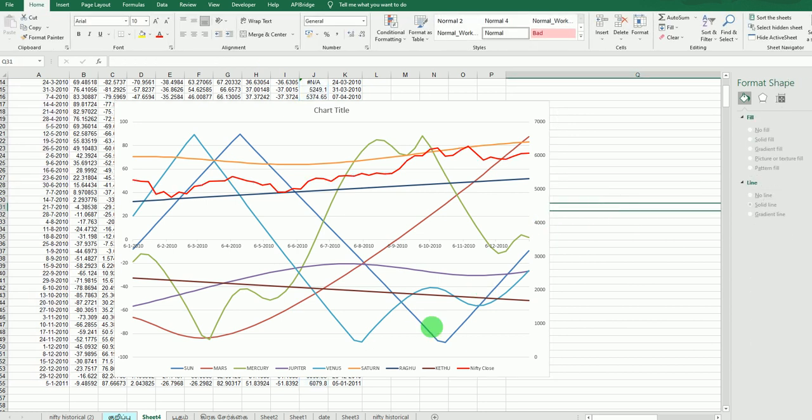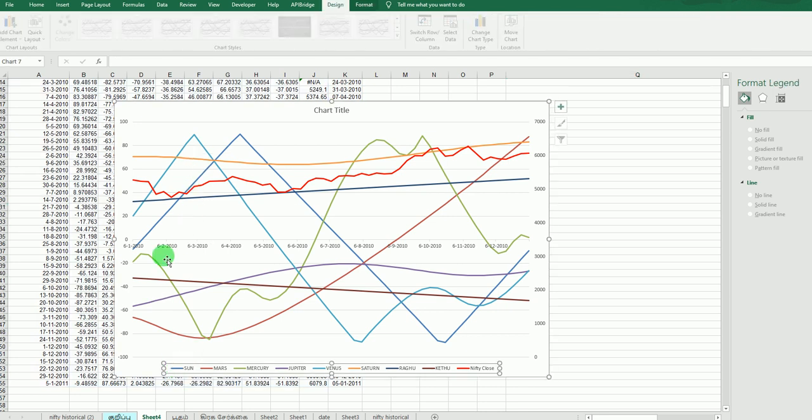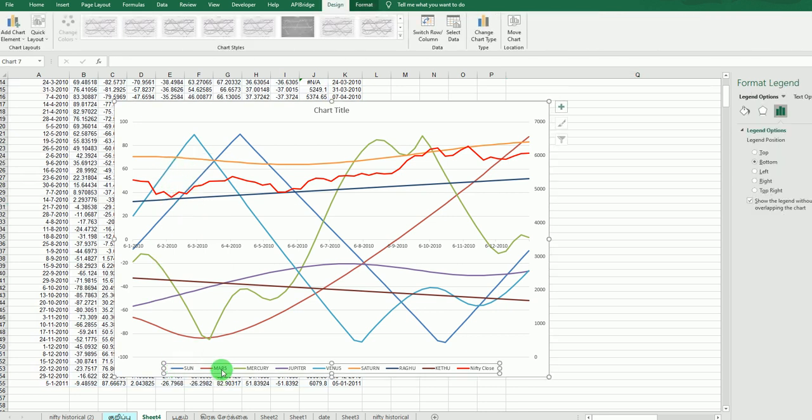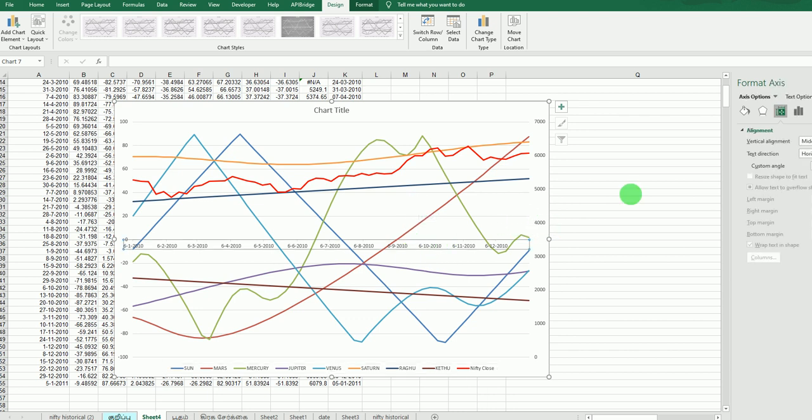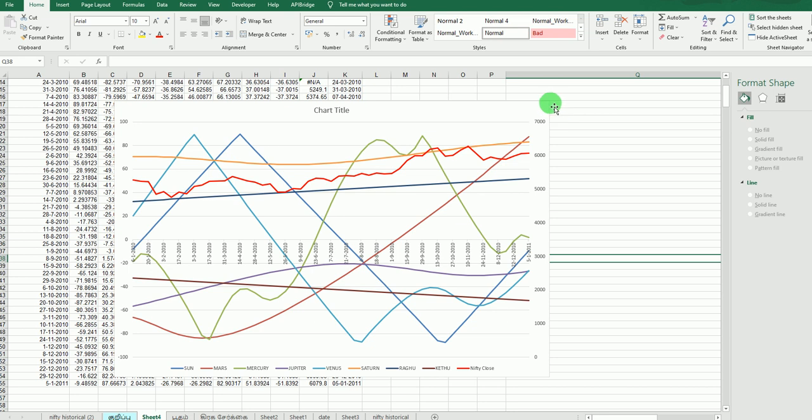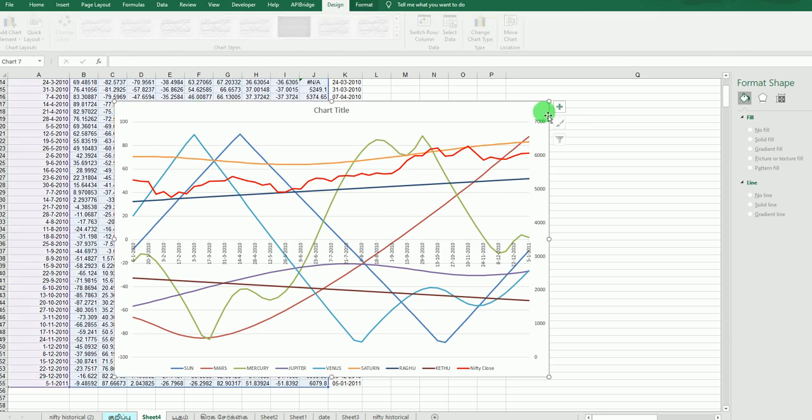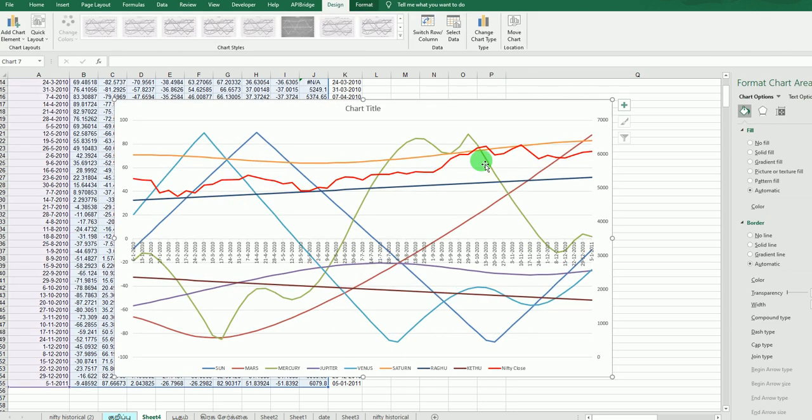Okay, so here you look at the price, whatever line you want. Sun is blue, Mars is a little red. Just like that each color is described with the lines. Dates we can also align. Right, so now this is the chart we got. Now I will tell you how to compare the price with this chart.